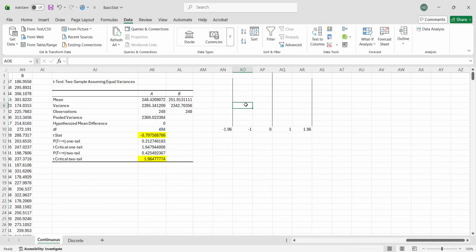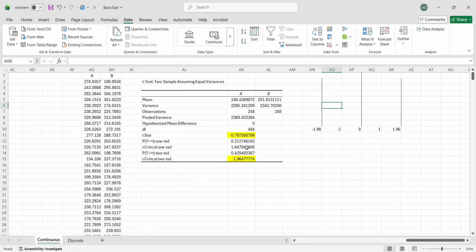Imagine the normal curve here: 0.05 is somewhere here, 0.42 is somewhere here, and the peak is almost 1. It's impossible to reach 1 in a normal distribution, because if we sum together all the areas, it always equals 1. So that's a basic inferential stat using t-test in Excel.